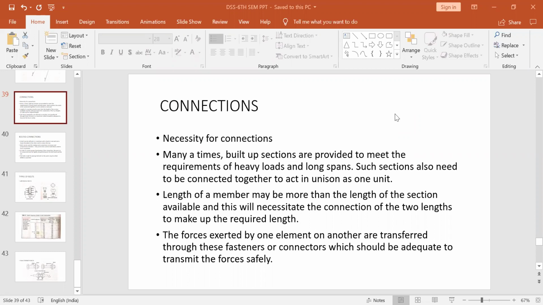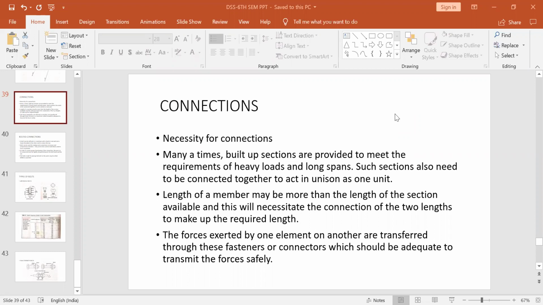In the past lectures, we have already studied the first and the second unit, that is the plastic analysis of the steel structures. We have discussed the theories, the techniques, and some solved problems. So now in today's class, we'll start with the connections, that is bolting and welding.